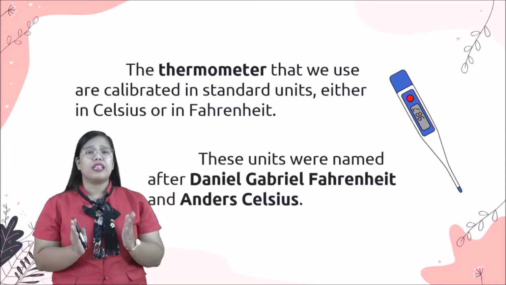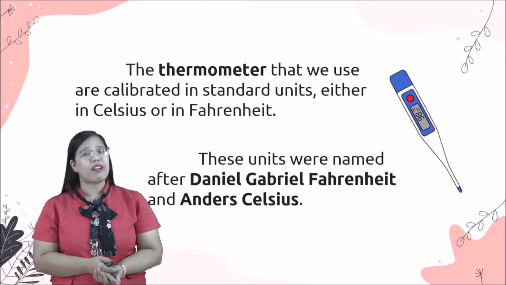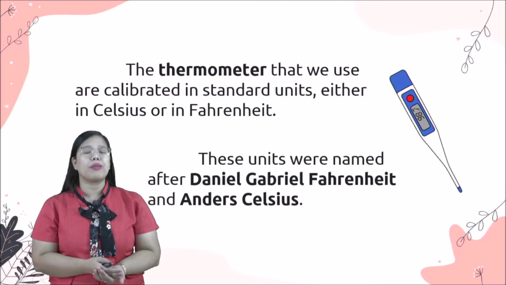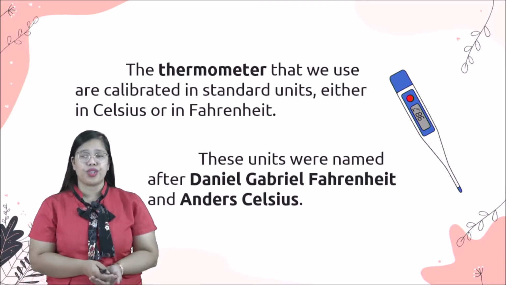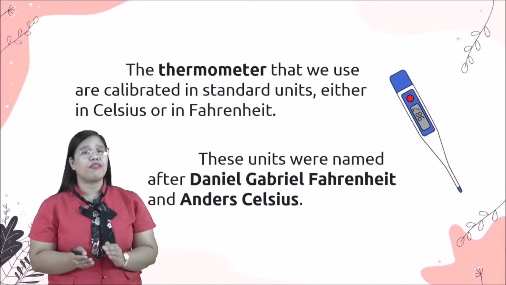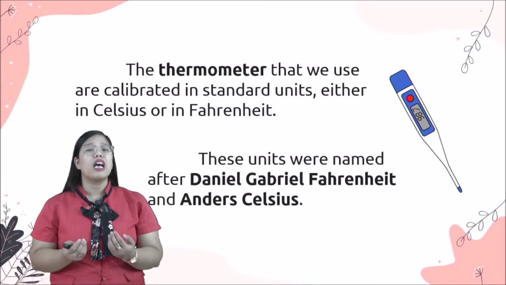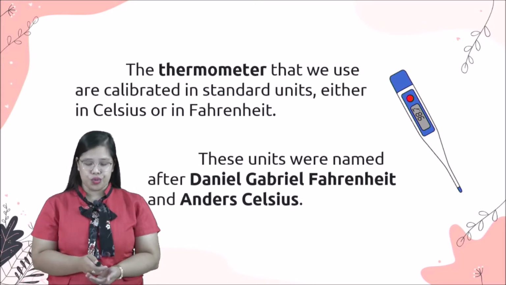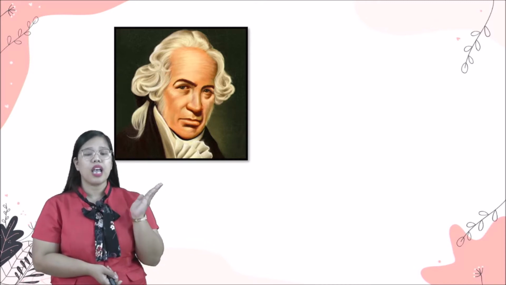The Celsius and Fahrenheit scales were named after Daniel Gabriel Fahrenheit and Anders Celsius. Always remember, kids, that the scales were named after them. This is Daniel Gabriel Fahrenheit. The Fahrenheit scale was invented by this person. Again, the Fahrenheit scale was invented by this person, named Daniel